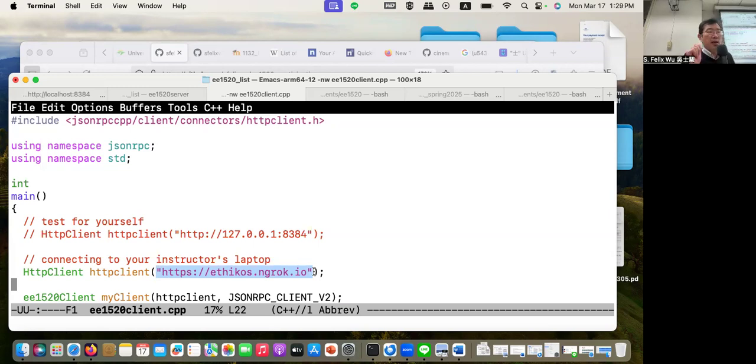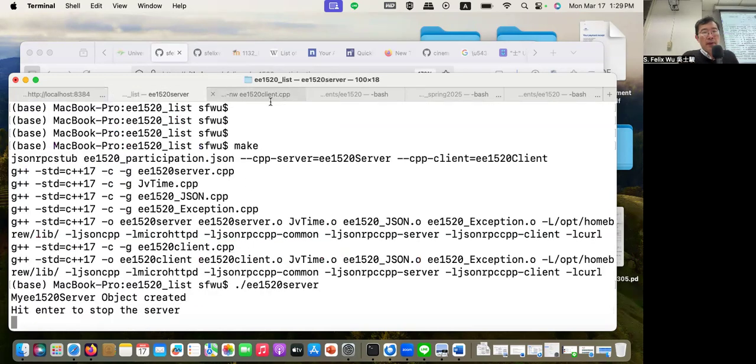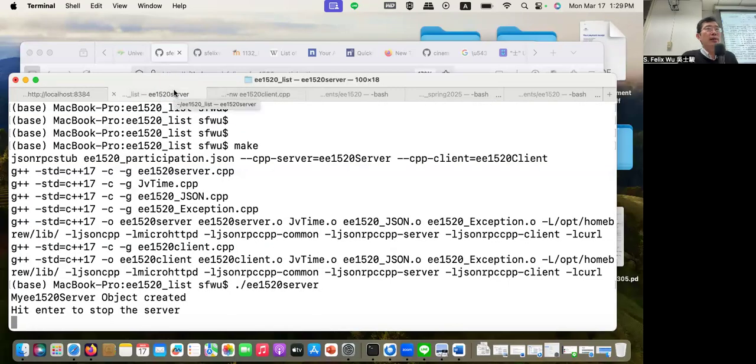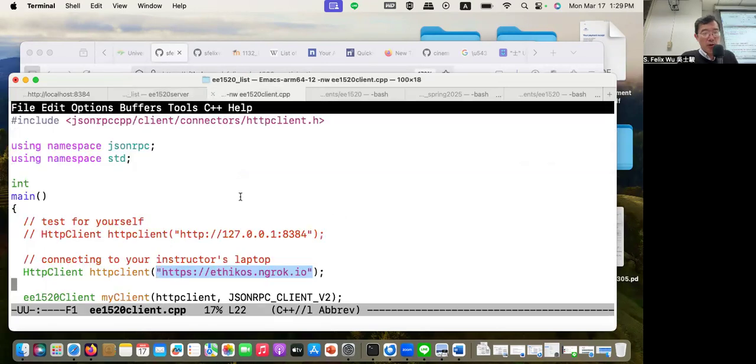But remember, because of my ngrok configuration, you need to contact my server, which is the server over here. In order for you to connect to my server, my ngrok server setup is using this URL, ethicus.ngrok.io, and then it will point to localhost port 8384. Okay, I will show you what 8384 is a bit later, but from the client perspective, I don't care. I just want to access